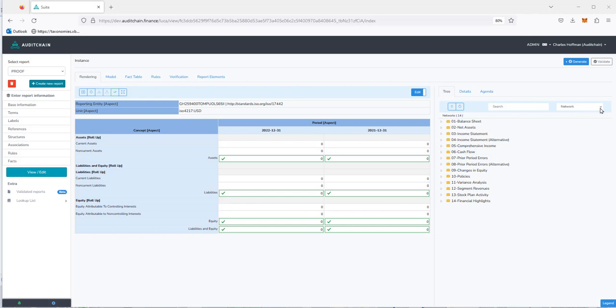In another video, I mentioned the notion of a fragment. So these are different fragments of the report. A network is a type of fragment. It's a technical type. There's no thing called a network in accounting. But in XBRL, there is a notion of a network. And what a network does is it separates things. Sometimes it separates things because you want to separate them. Other times you use networks because you have to use them to separate things, to avoid collisions in the logic